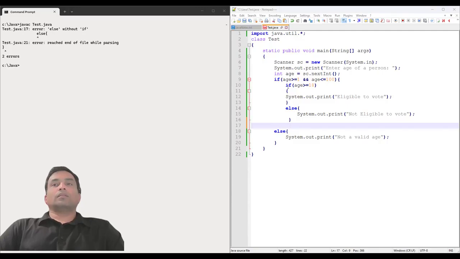I think I've missed one flower closing if block, and save this, compile,